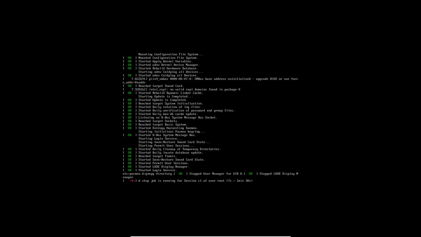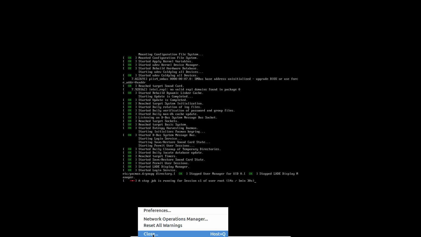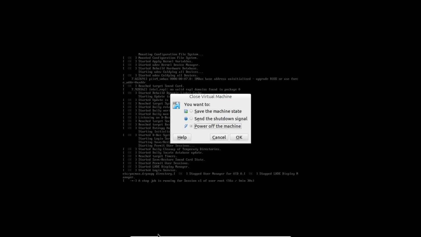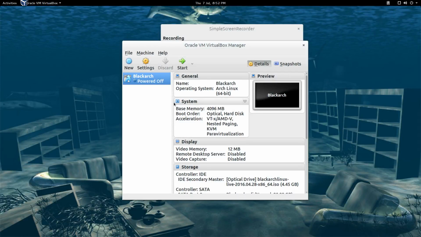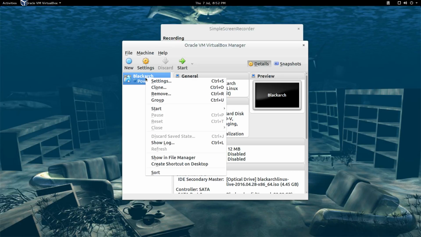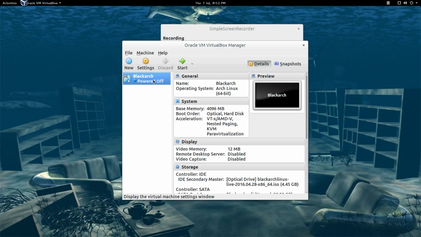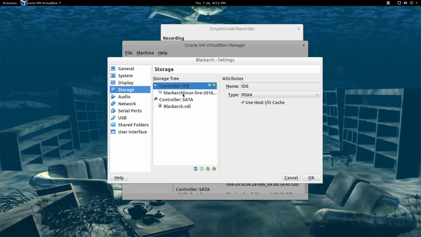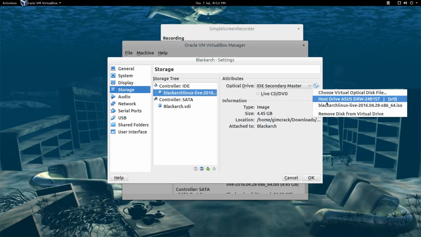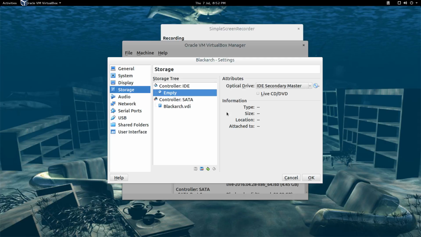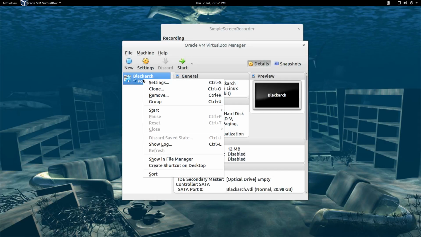Which is doing this session thing, which we're not going to wait that long. And it's safe to do this. Close it from the Virtualbox, power off the machine. I don't think it harms anything. And this is a Virtualbox anyway, so press OK. And we're done. So now what I'm going to do is take this out, remove disk from virtual. It's empty. Okay, and we'll see